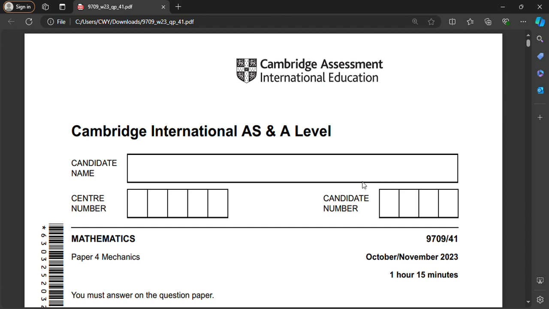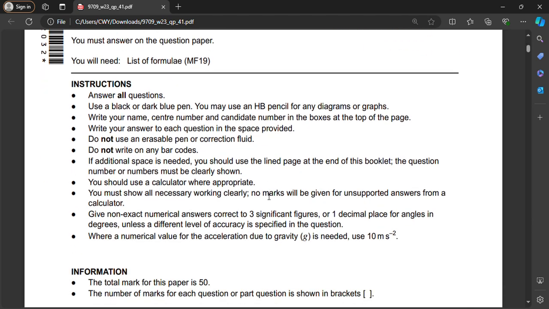The mechanics paper is basically something like physics, but unlike physics where you have thermophysics and thermodynamics, this one only has motion, energy, power, and so on. It doesn't have chapters like light, and it doesn't have explanation, only pure calculation. Alright, so I'm just gonna tell you for gravity, g, the acceleration due to gravity,